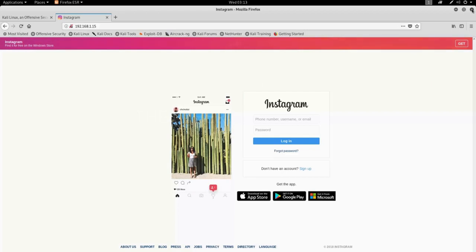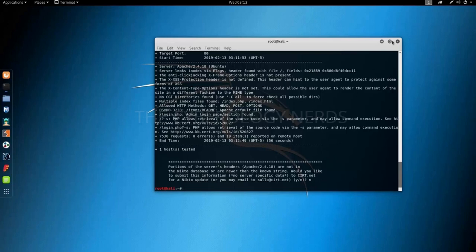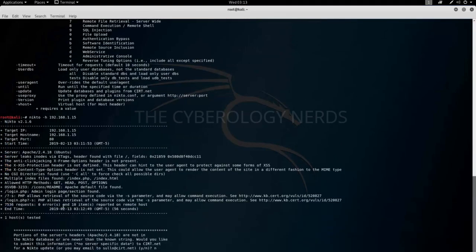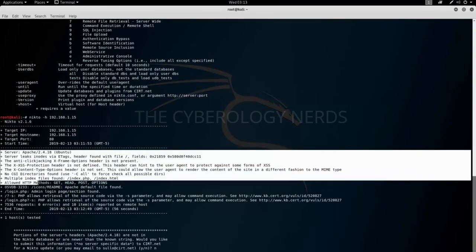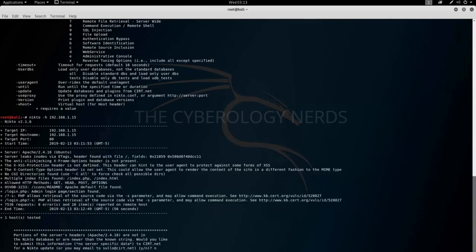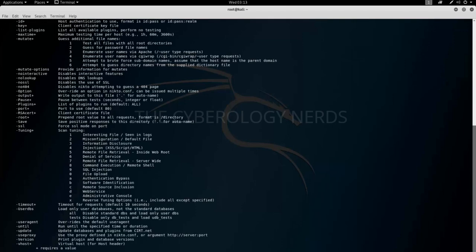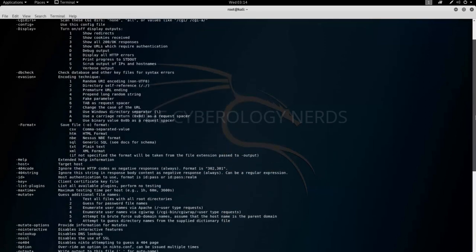But for now, we will just use Nikto in order to scan this page. And as we can see, it has finished. It printed out a bunch of options which could be useful or not for you, depending on the website and depending on the errors. But let's check out some of the other examples of this command. So let me just type -h, and we can see the help command once again. We can see our options,